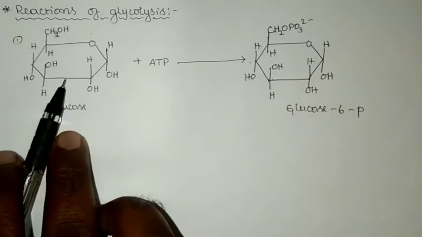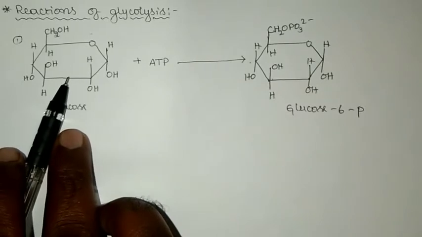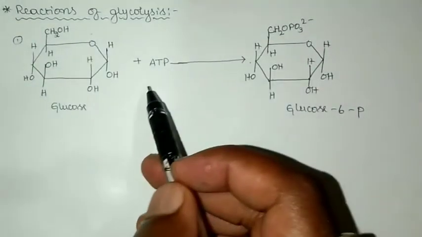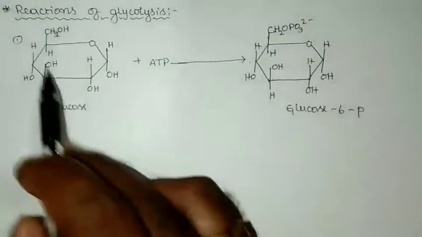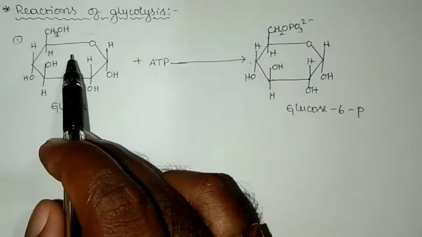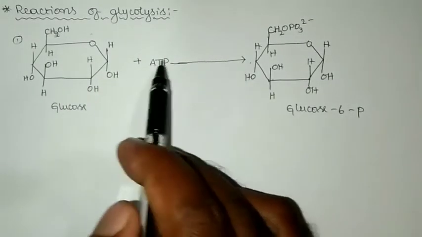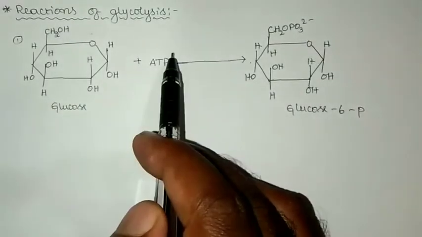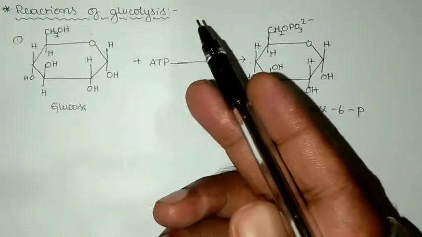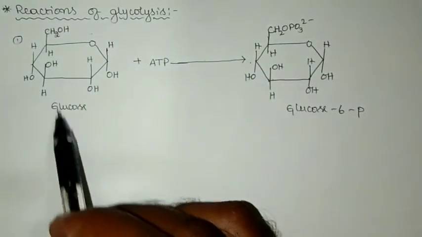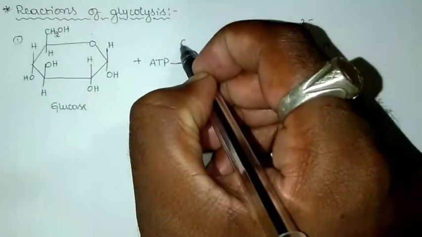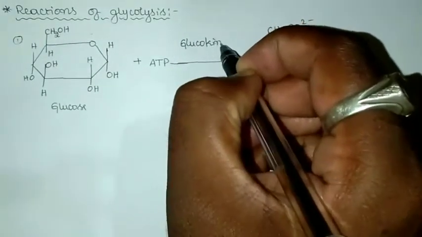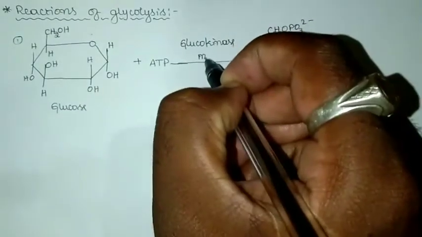And in order to carry out phosphorylation of a material, the enzyme required will be kinase enzyme. And here the material we are using is a hexose sugar. So the enzyme needed to phosphorylate glucose into glucose 6-phosphate with the utilization of ATP will be hexokinase, and the type of hexokinase present is glucokinase. So the enzyme that will be utilized over here is glucokinase, with the presence of activator